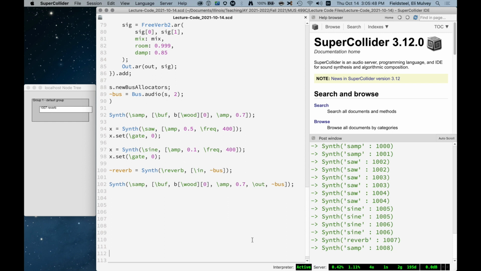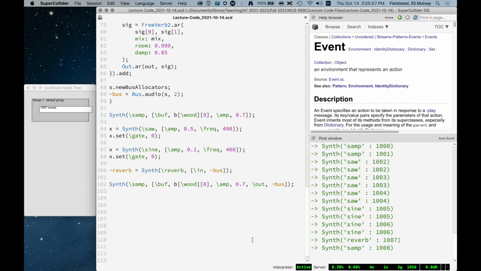All right. At the end of last week's class, I briefly introduced the concept of a class called event. And event is ultimately a type of collection, in the same way that array is a type of collection. But event is a little bit different. Instead of storing things at ordered numerical indices, event is unordered, and each item in an event is associated with a unique name. So for example,